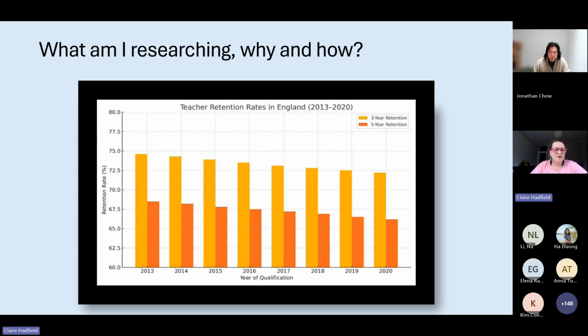So what I'm doing then is I recruited a set of participants from the secondary PGCE training course, and those participants started in September 2021. They were doing the 1-year PGCE. And I recruited them, first of all, by sending out a whole cohort survey. We had around about 90 trainees that year on the PGCE, and I sent a general cohort survey trying to find out basic biographical information about them, but also